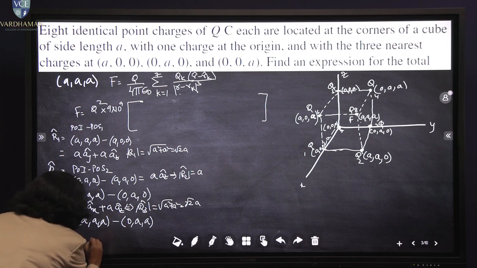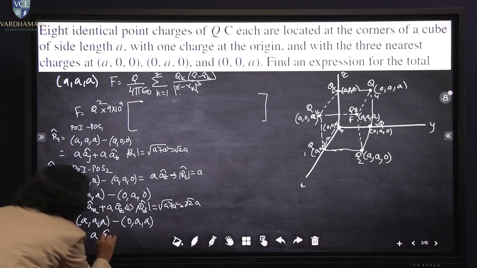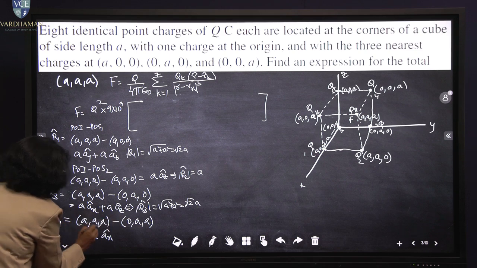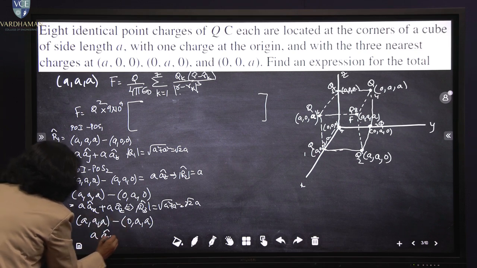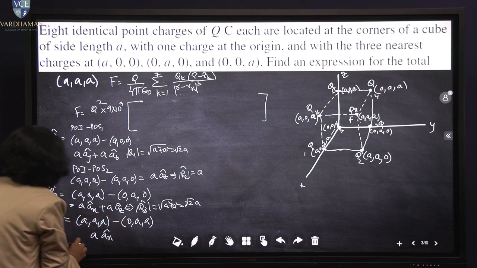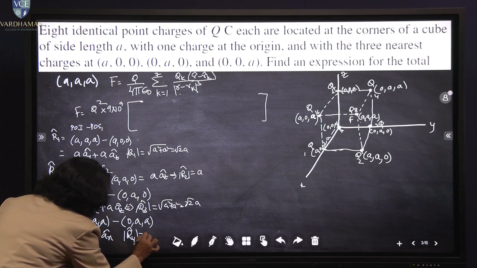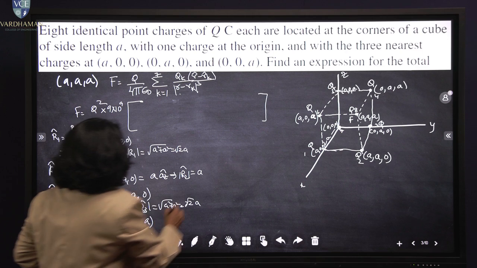So its vector is ax, then a minus a is 0 and a minus a is again 0. So it is only ax, and magnitude of R4 is a alone. Okay, then